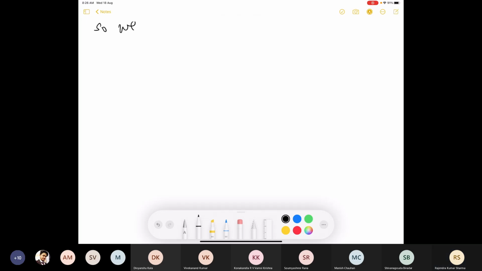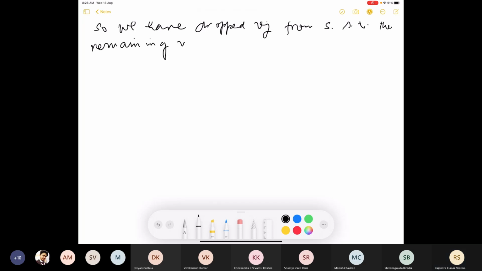So we have dropped Vj from S such that the remaining n minus 1 vectors still span W. Because Vj becomes a linear combination of these vectors, the n minus 1 vectors v1, v2, vj minus 1, vj plus 1, up to vn still span W. So one vector is dropped, and continuing this way